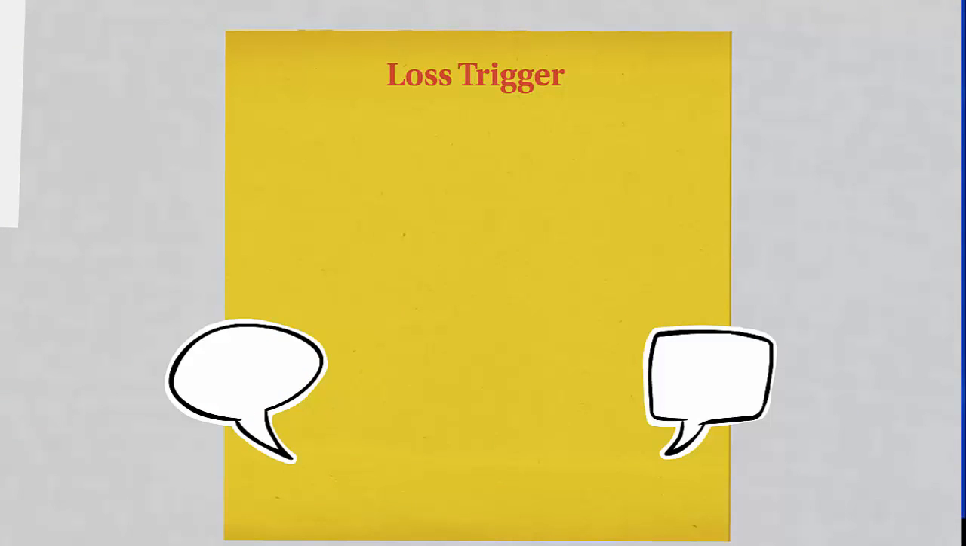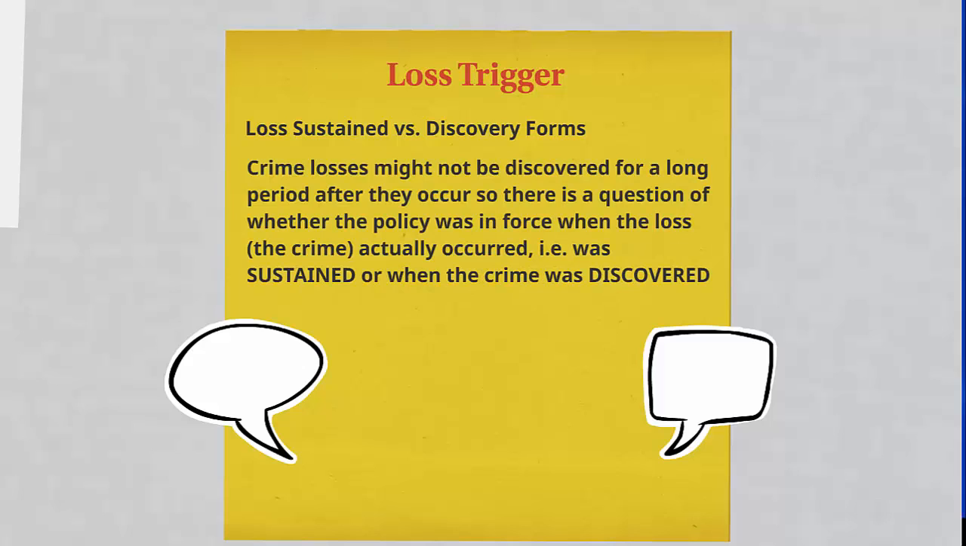Now let's talk about the loss trigger. Commercial crime policies are written on a loss sustained or a discovery form basis. Commercial crime losses might not be discovered for a long period after they occur, so there is a question of whether the policy was in force when the loss or the crime actually occurred or was sustained, or when the crime